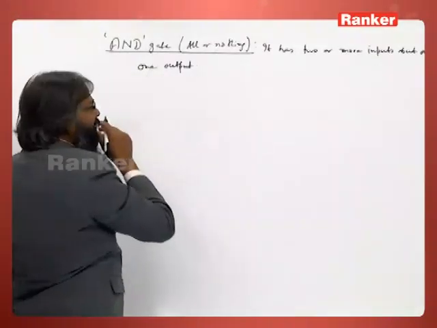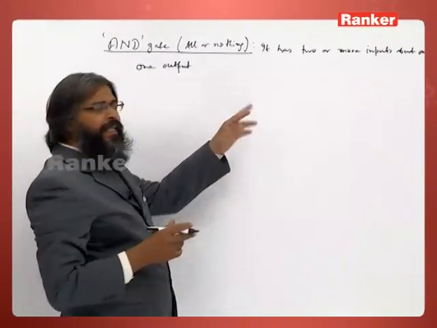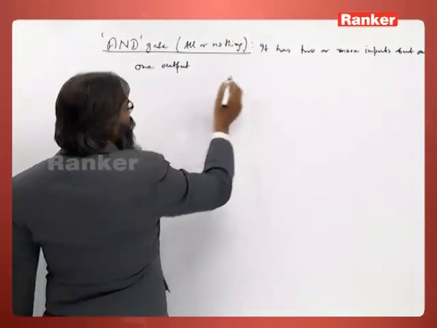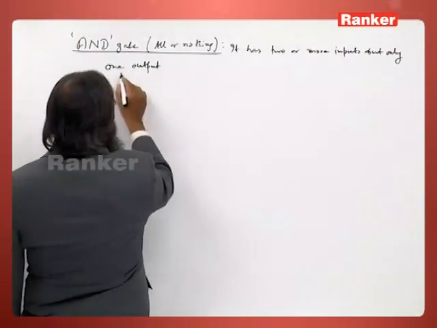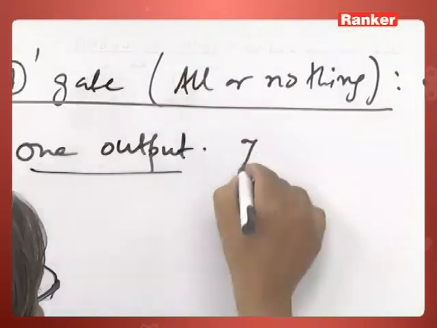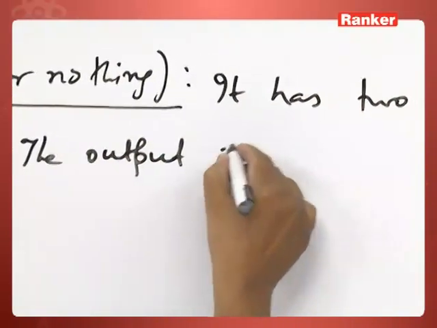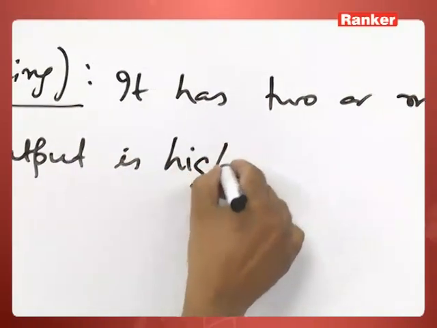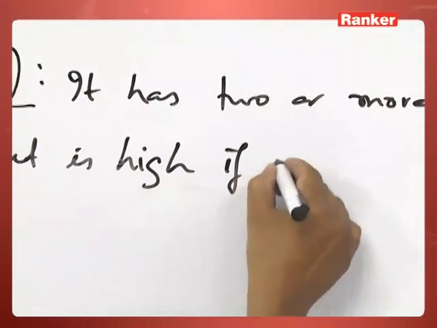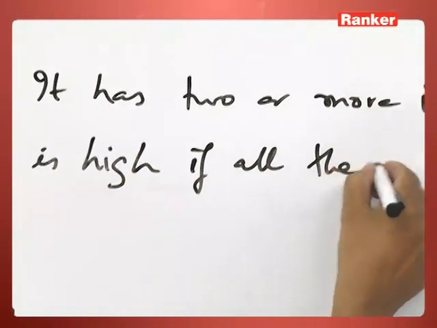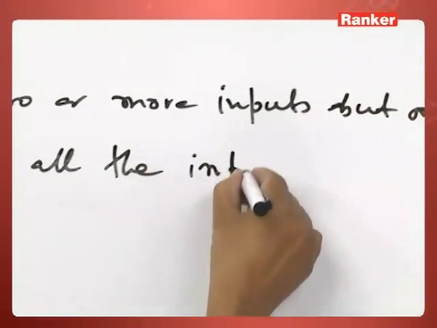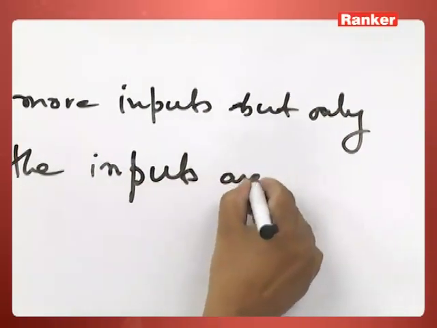So this is similar to the OR gate in inputs and outputs. Two or more inputs can be there, but only one output. The output is high if all the inputs are high